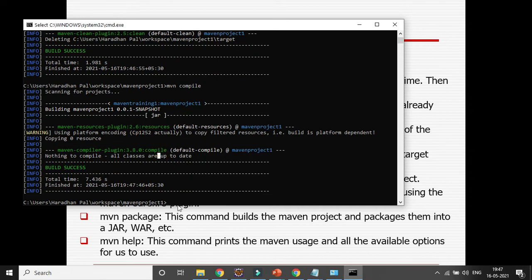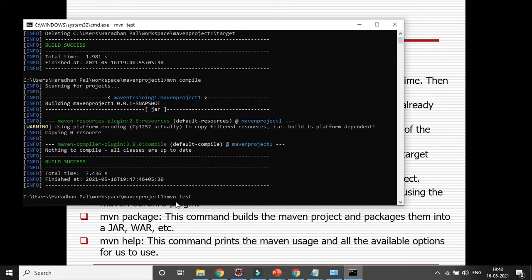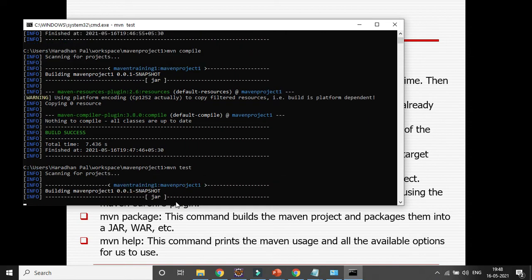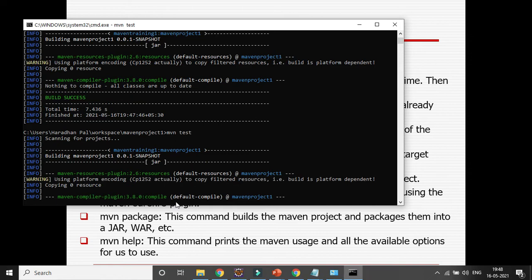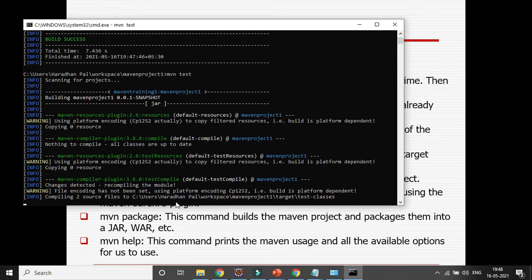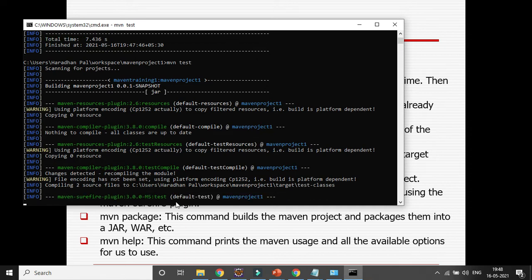Now you need to test your project. So Maven test. It will execute your test cases based on the settings in the testng2.xml file, because that is the location I have given in my pom.xml file. So it will try to run it. It will run the Google Maven training class 2, and it will open the Chrome browser.